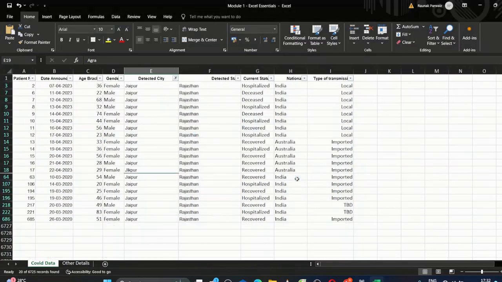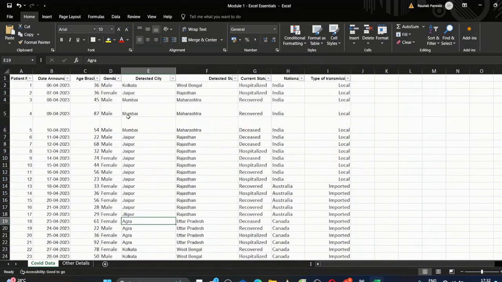So we'll click OK, and now we can see Jaipur also. Okay, I think you understand this part. Let's clear this filter. So now let's go to the second option available, but before that let's correct this spelling of